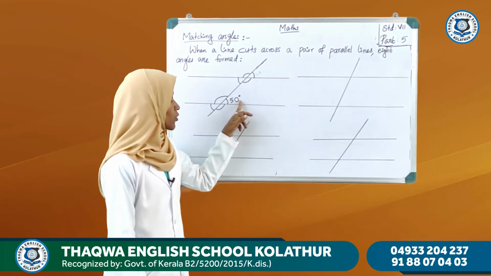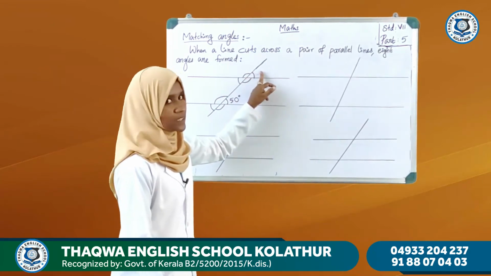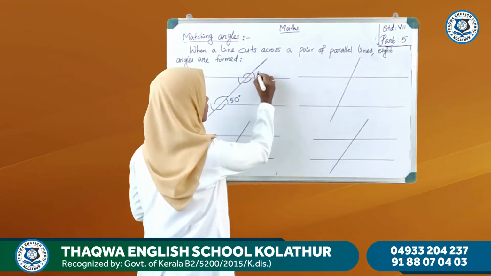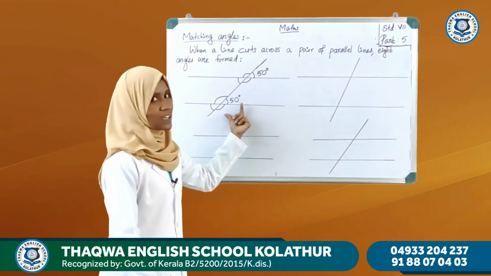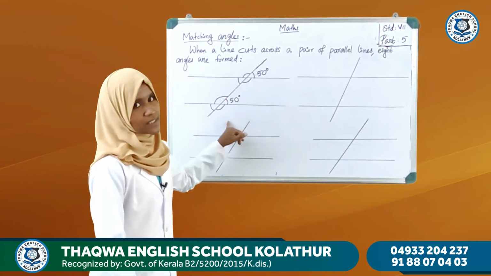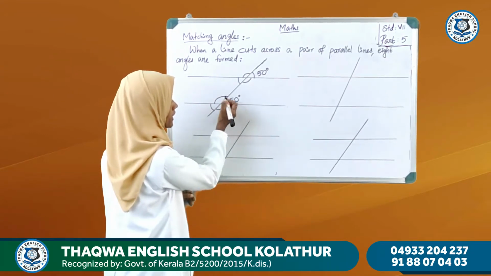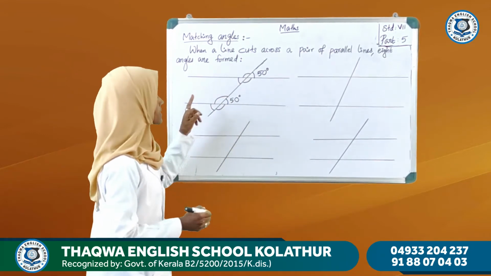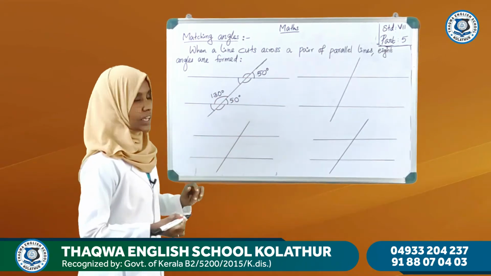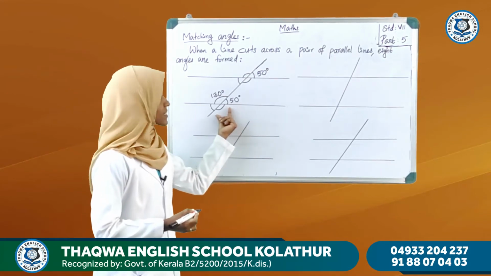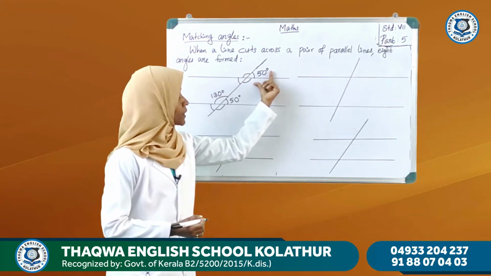So here you are given one angle at the bottom, so the angle at the top is also 50 degrees. Then by using these angles, we can find the other angles, same as in the last class. Here 50 degrees, so the left angle is 130. There are 4 angles at the bottom and also 4 angles at the top.